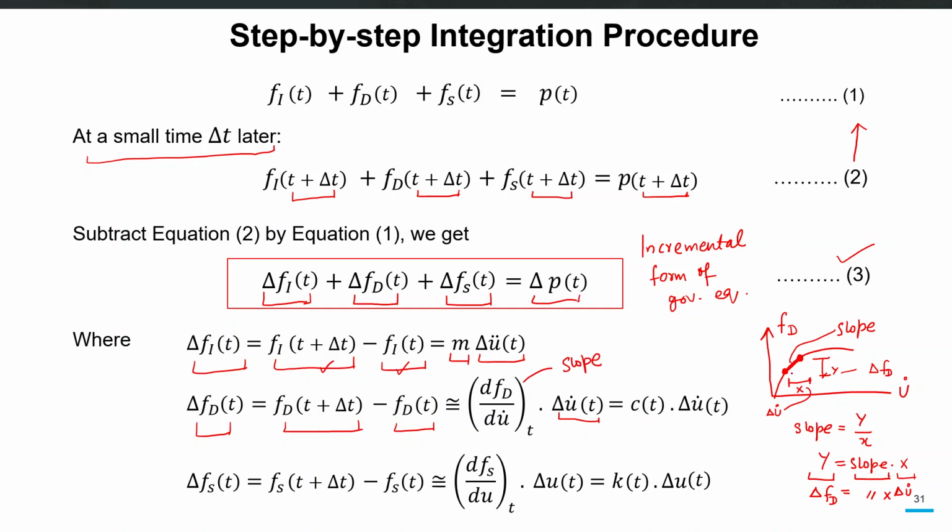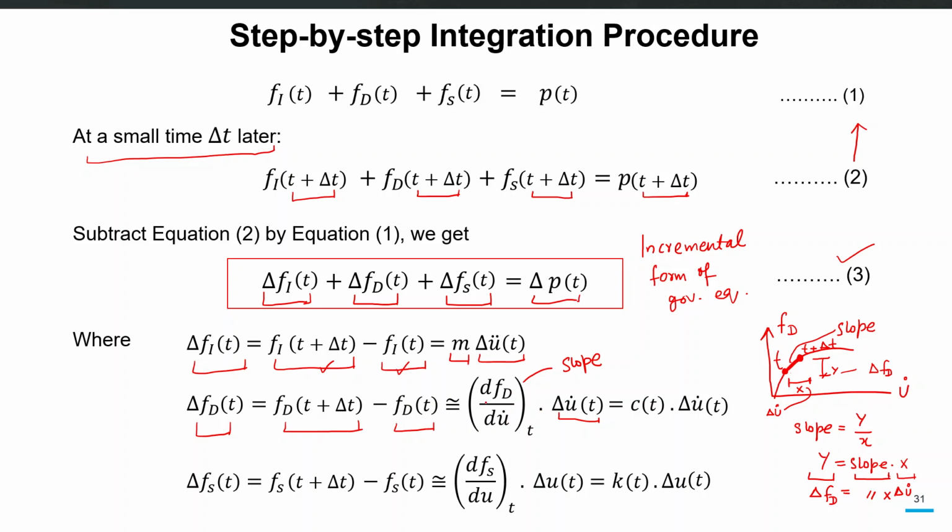of the relationship between fd and u dot, which can be nonlinear, but that slope is basically between any point t and t plus delta t. So we have assumed that between t and t plus delta t, the damping force will be linear. So it's a piecewise linear approximation for the damping force. So the overall relationship is non-linear, but the time interval delta t is so small that we have assumed that it is linear in that range.